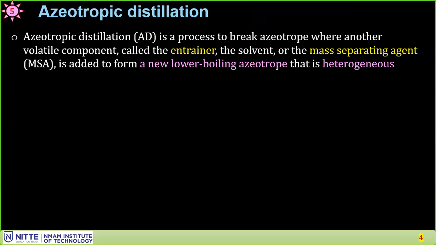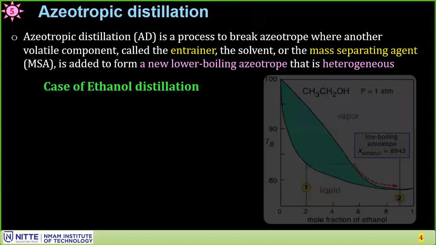Any of the previously mentioned distillation operations, you may use up to a certain point called the azeotropic point. At the point of azeotropic condition, if you want to do further distillation, you have to use azeotropic distillation. Azeotrope is a point called a constant boiling mixture, where the composition in the liquid phase and vapor phase are the same. So even if you try to boil or evaporate the liquid at the azeotropic point, the vapor issued will have the same composition as that of the liquid. That's what we have seen in earlier topics.